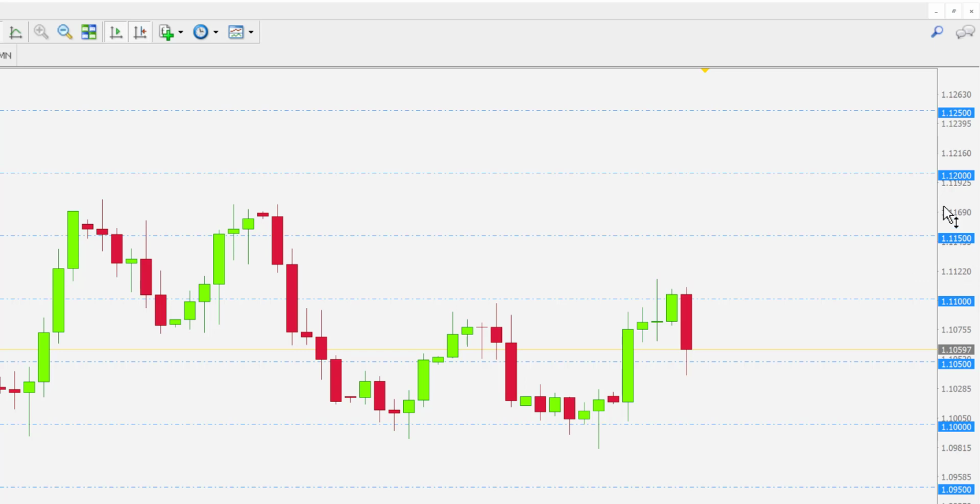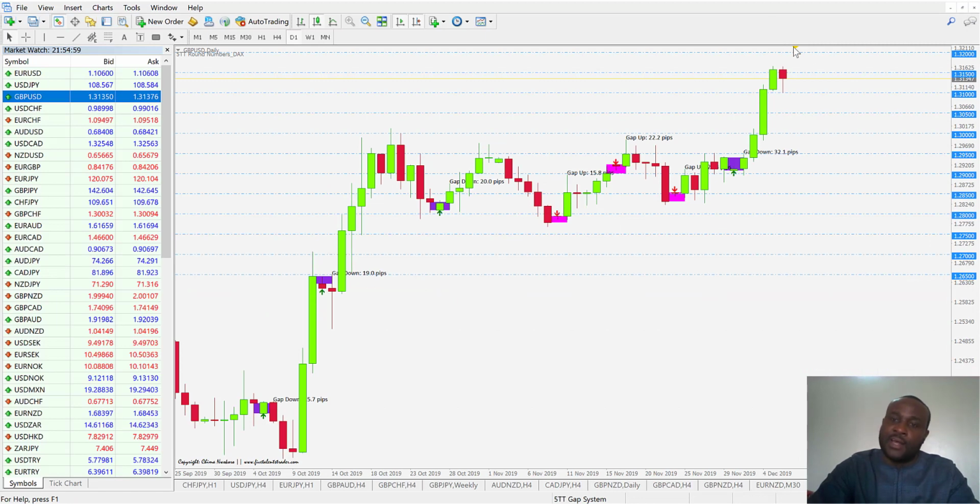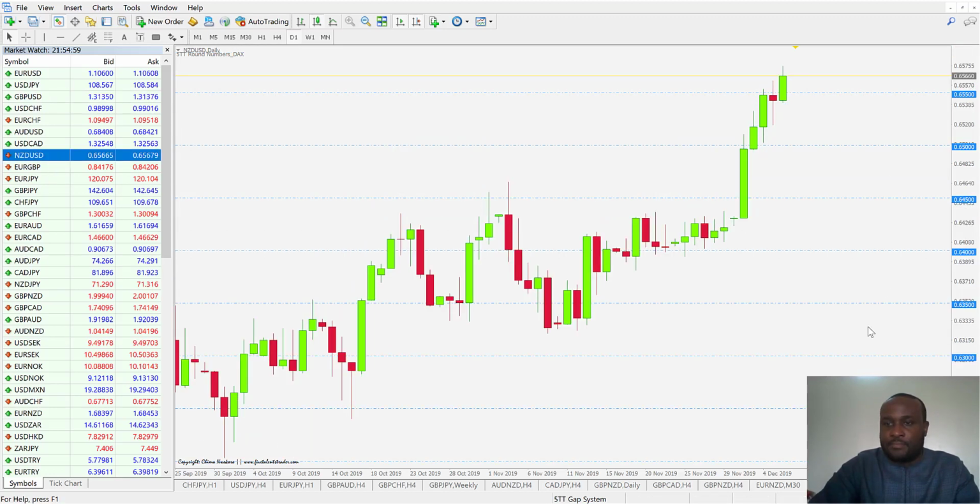Up here you see 1150, then 1200, then 1250. So the indicator draws it automatically. And on this one, you can just switch from one currency pair to the other, and it just updates itself. You can notice that down here there are no lines because price isn't here, so you don't really need to know the lines around here. It actually draws the lines where price is and where price might be going from the current price action. So that's perfect, really. Again, that's NZD USD,